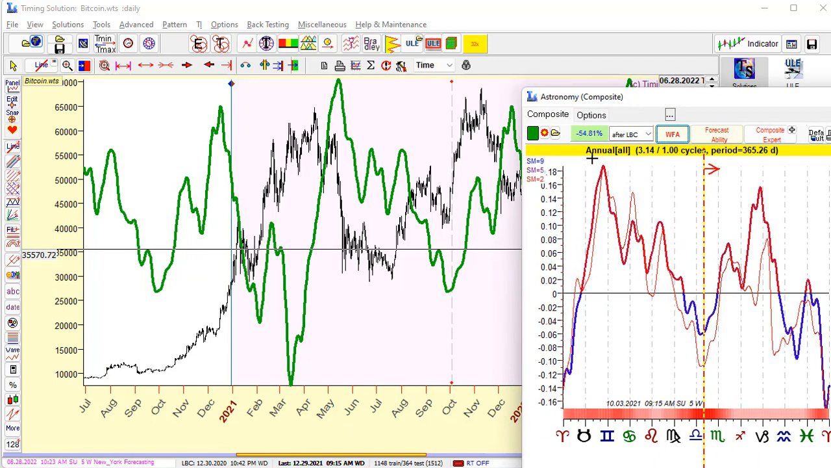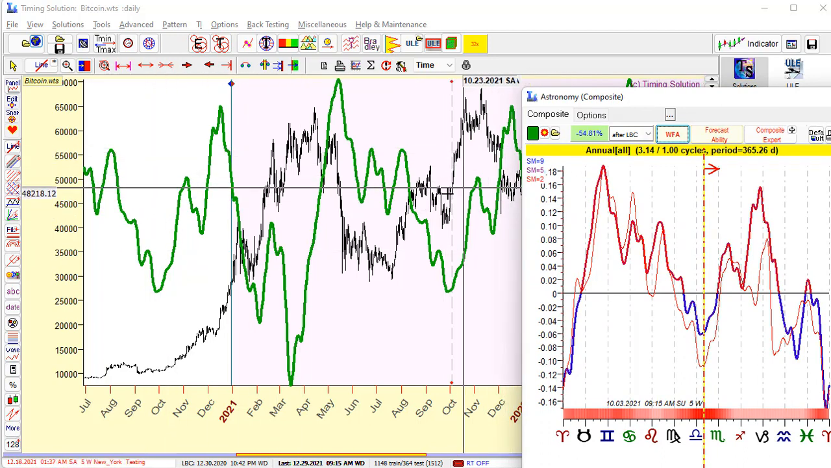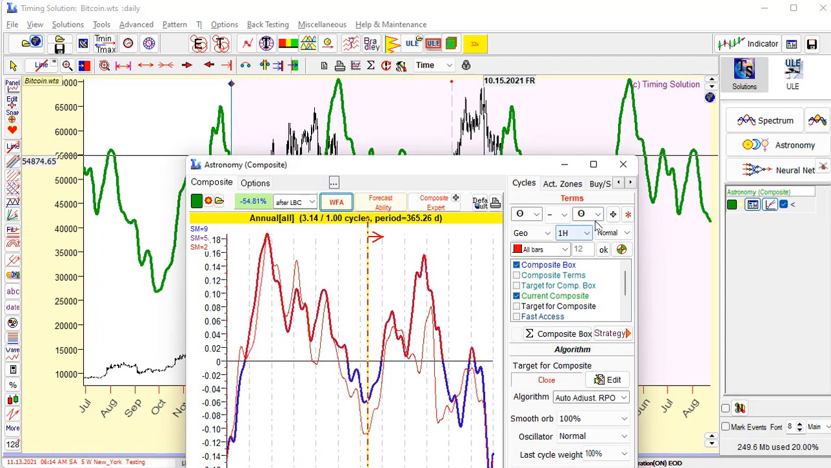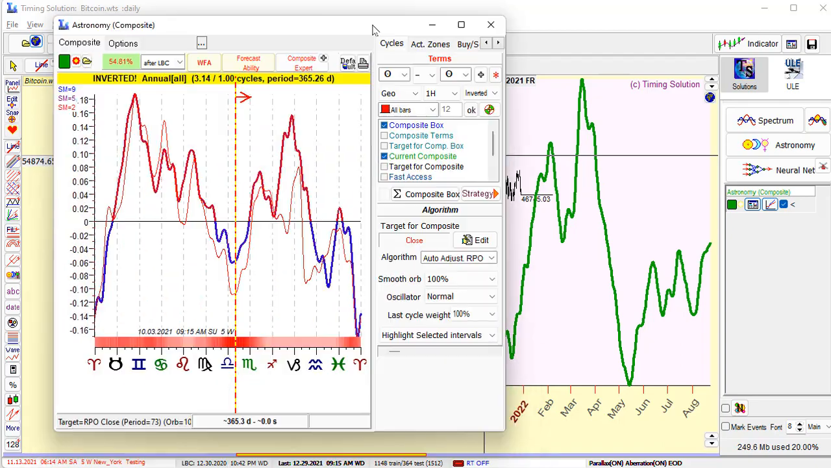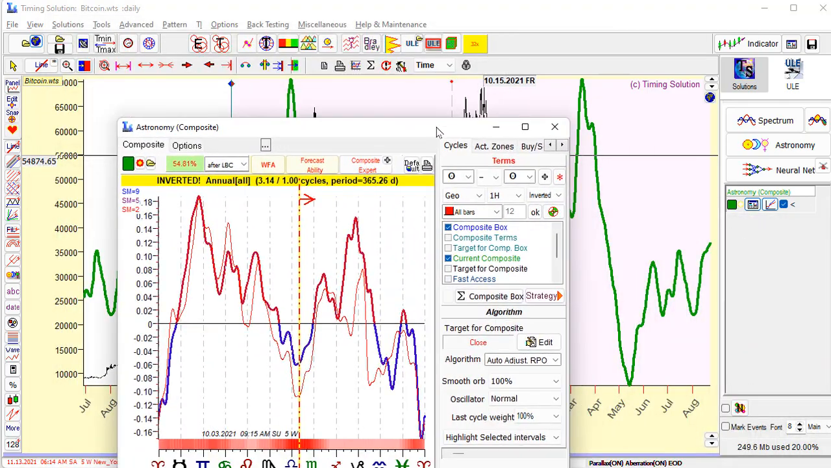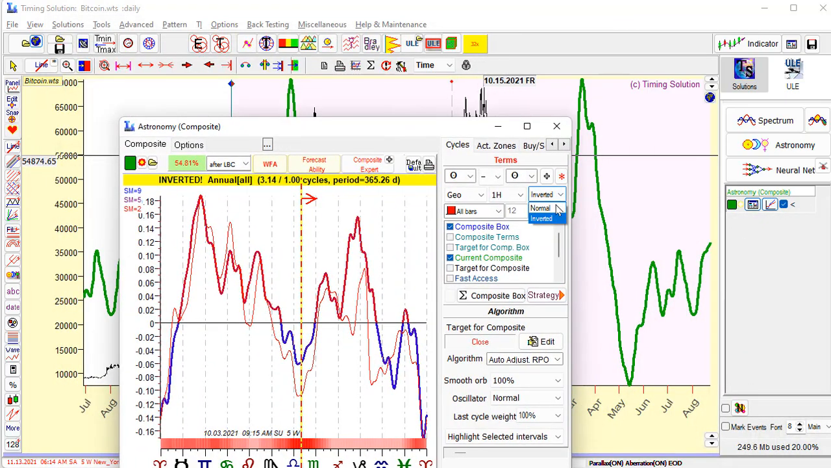Pay attention also to this value. It's the correlation between price and projection line, minus 55%. It's a negative correlation. Maybe an inverted cycle, maybe the cycle works in inverted mode. I will check. Maybe, but I don't know. Actually, we can try to use this cycle, but I would like to check